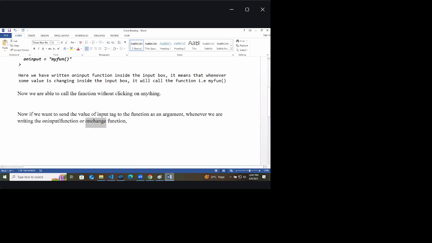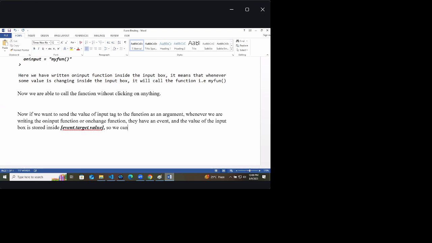On change in React and on input in normal JavaScript. They have an event, and the value of the input box is stored inside event dot target dot value.